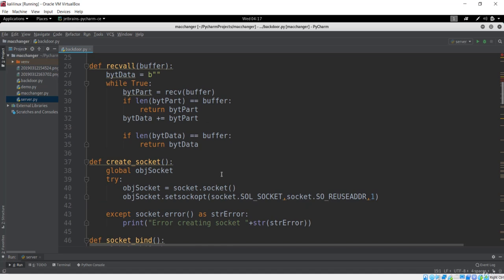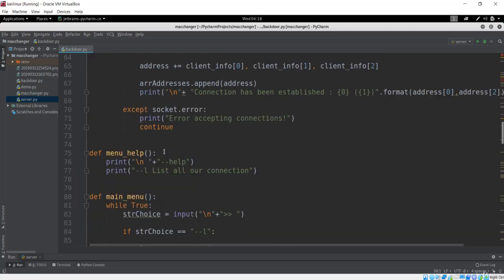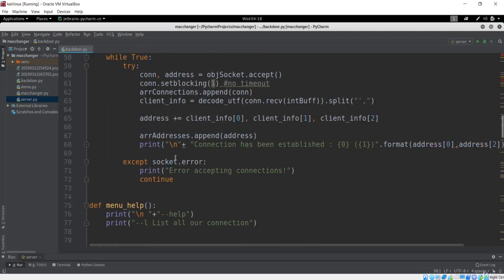But before that, we have to see how this socket is going to work, or basically how this communication is going on, because we have written one command to list the connections. We can try that command in order to see the connection that is happening between this client and a server. So we now have to code the client section.